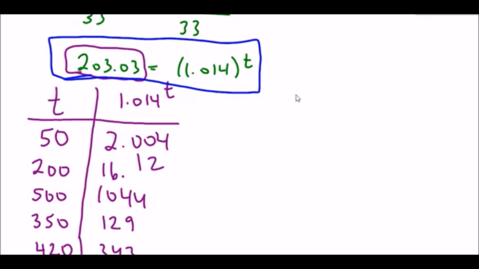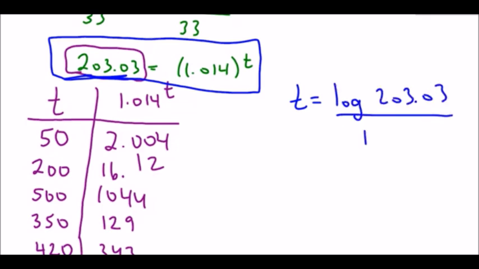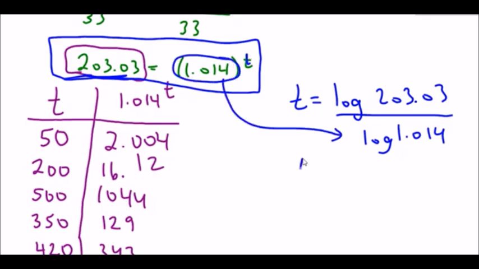So here's how we do it. We say that t equals log of what I'm looking for. So log of 203.03 divided by the log of my base. Now, it's easy to kind of get things confused. So the way I remember it is my exponent has the base of here, and the base has to go on the bottom. It just kind of makes sense in my brain, and that way I don't mess up which one goes on top. So in my calculator, I just type log 203.03 divided by log 1.014, and I get